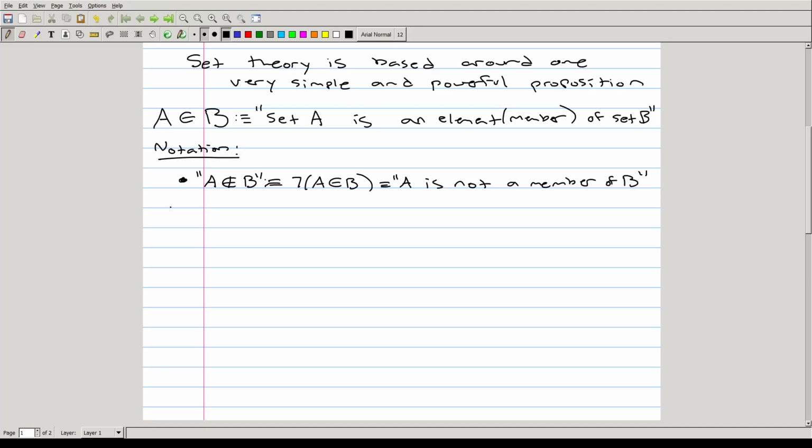We can define some sort of concept of what's called a subset, which is completely different than the membership identity, but it's related to it, the membership proposition. If I write B ⊆ C, this means B is a subset of C,